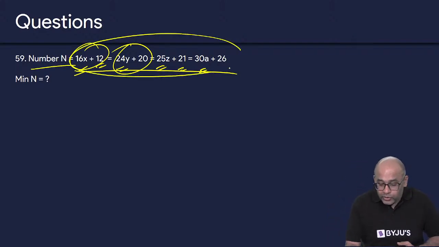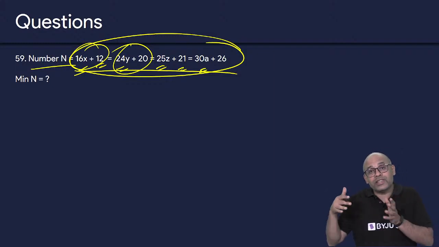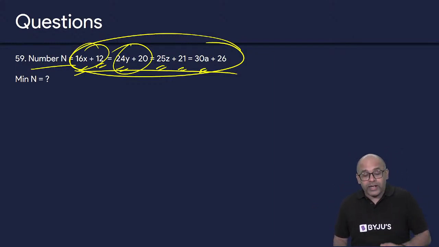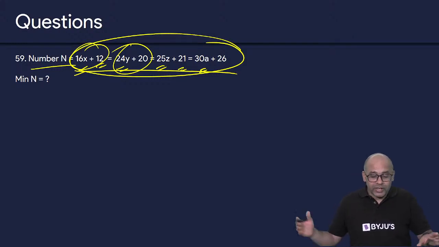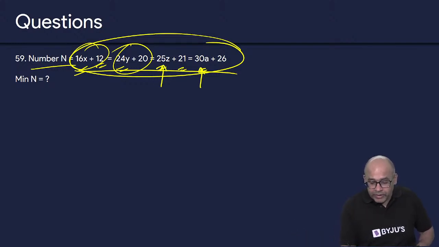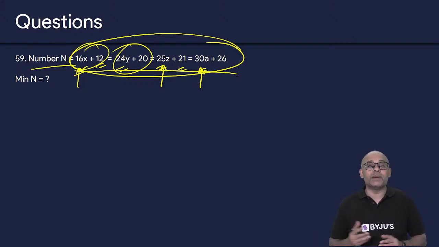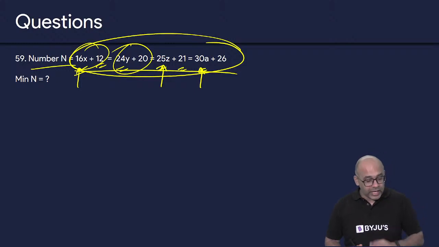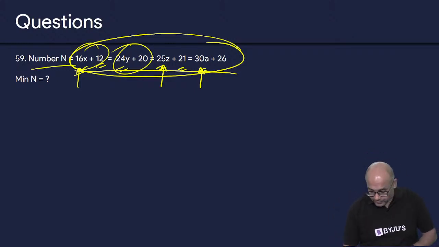You don't try to solve this theoretically. If you try to solve it theoretically, it will take a long time. It's crazy. The best way to look at it is go with the options. Take the smallest option, start dividing by each number and see is it fitting or not. Very simple. It's easy to divide by 30, it's easy to divide by 25, it's easy to divide by 16 also probably. So you can divide and then see whether it's matching or not. If it is not matching, leave it, move to the next smallest option. So that is the way in which you can solve this. Okay.